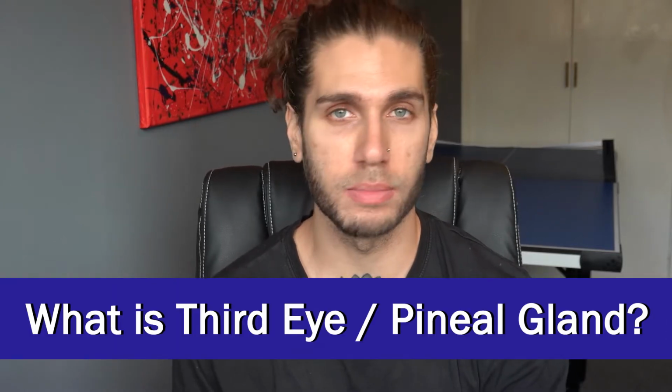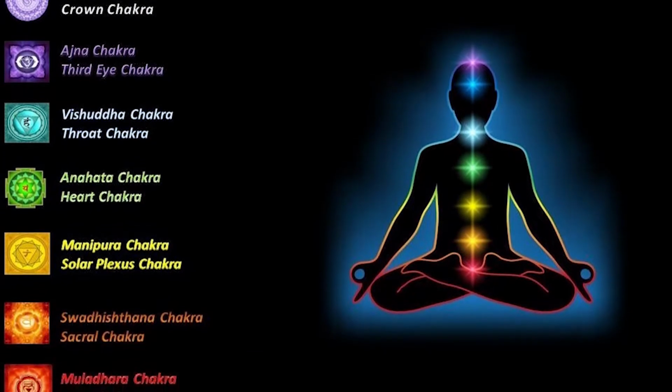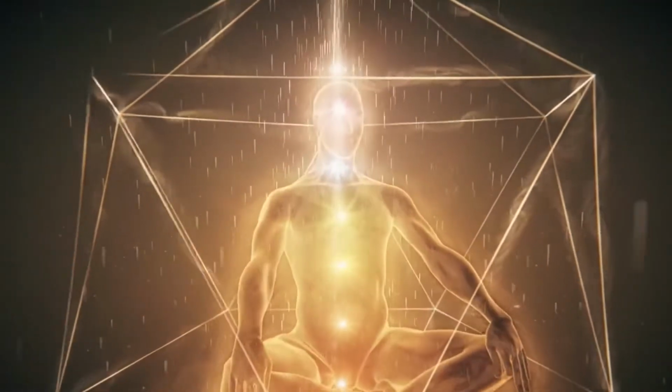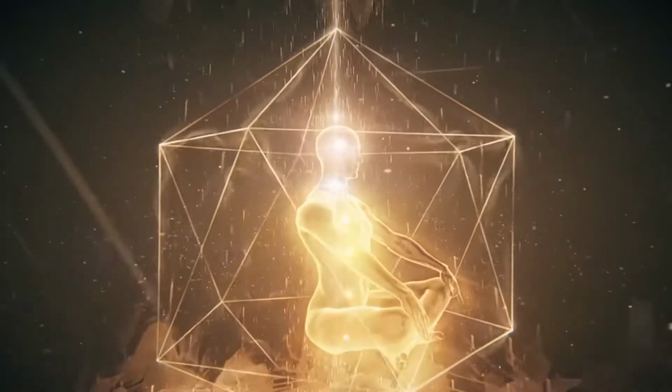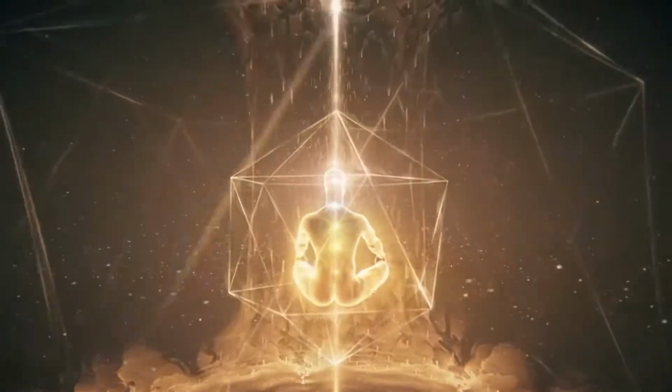So before we get into this, what actually is the third eye? What is the pineal gland? The pineal gland or the third eye is one of the 7 chakras, and it's otherwise known as the Ajna chakra. It's actually the 6th chakra, located roughly here in the middle of your forehead, just between the eyebrows. So it's a very powerful chakra, and it can give you guidance and insights into things that you otherwise would never have understood. So I'm going to explain how to open your third eye, some tips, some benefits, why you'd want to do it,